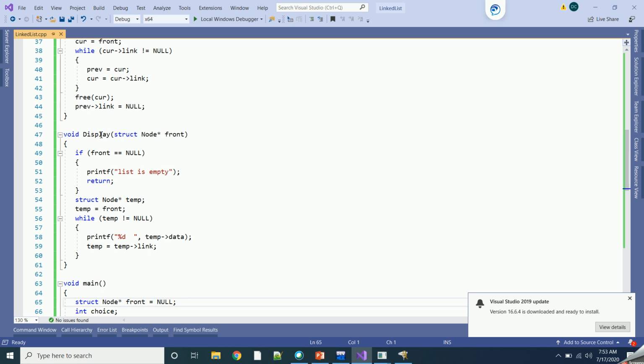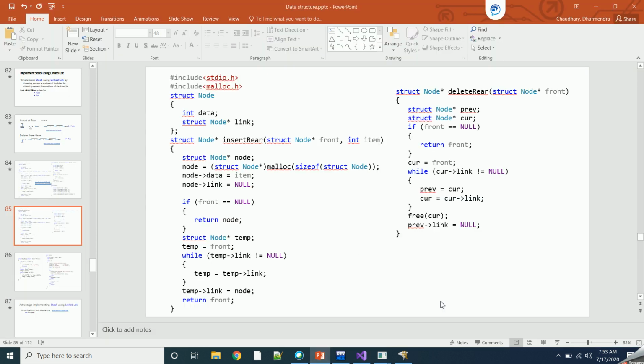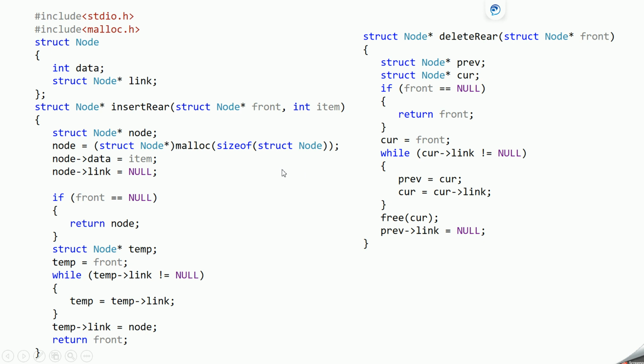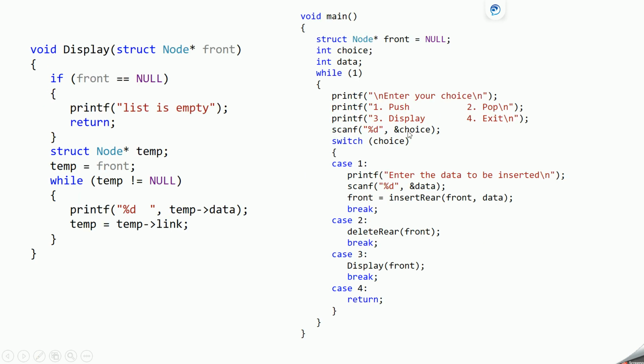I'll be giving the link of each of these functions in the description, and you can watch that video and write the code by yourself. And this is the code for giving options to the user for the various operations of the stack.